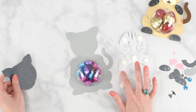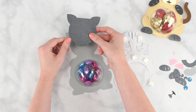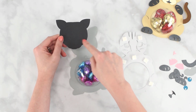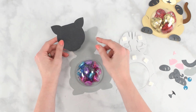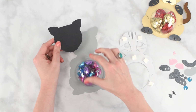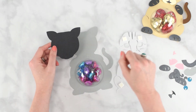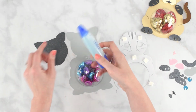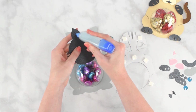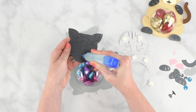All right, now before we add this piece here, we do want to add on the part of the head that accounts for the black of the eyes and the markings on the cat. For this part, you don't want to add foam tabs because it would offset it to look a little bit weird and it wouldn't line up properly. So for this part, I do recommend a regular flat scrapbooking tape, or you can even use liquid glue if you want. So I'm just gonna put a little bit of that on there